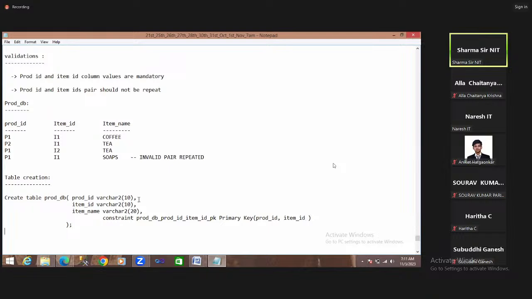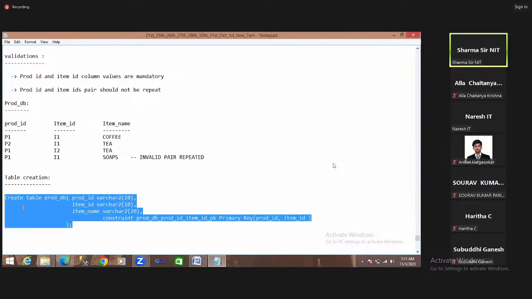Enough, guys. This is called a composite constraint and also the table-level method. Table-level method means after declaring all columns, lastly we can add constraints to the above columns. That is right. Now